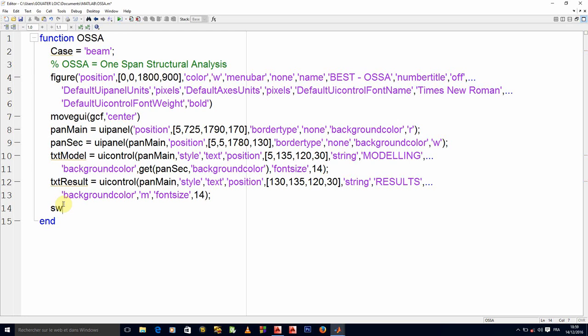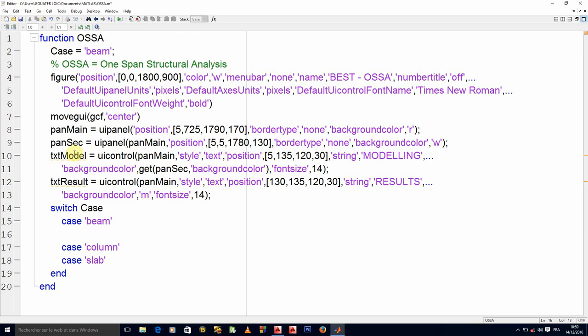So actually here, I will use a particular switch condition, and I'll create my element according to the respective cases. In case I have a beam, it should create the element in a certain way. In case I have a column, it should draw the element in a certain way. And in case I have a slab, it should draw the element in another way. Okay, so when it's beam, what do I have?